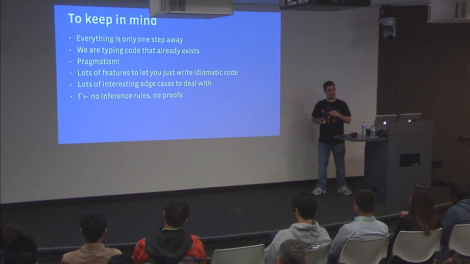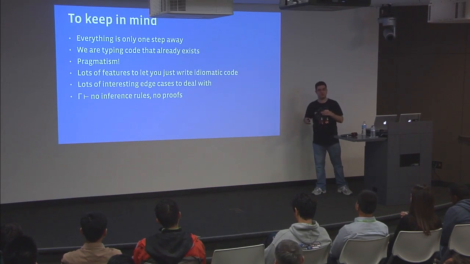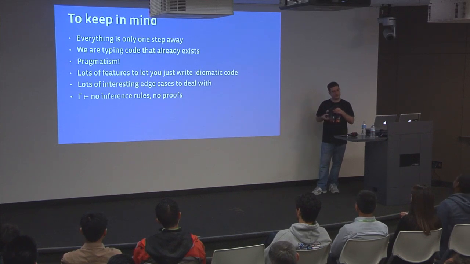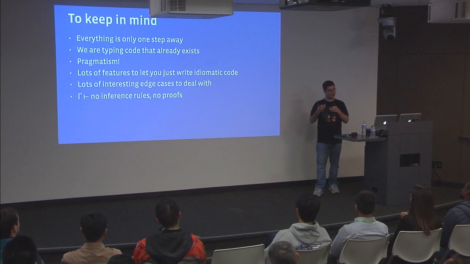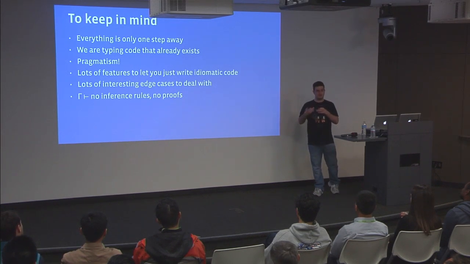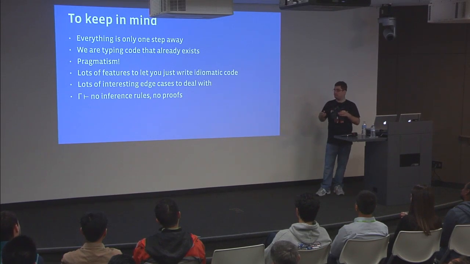We don't do global inference in any of the code. We do local inference, but no global inference. If a type annotation is missing on a function parameter or function return type, we assume the programmer knows what they're doing. We don't attempt to infer it. We let it unify with anything. We let it pass as anything else. Again, this is because